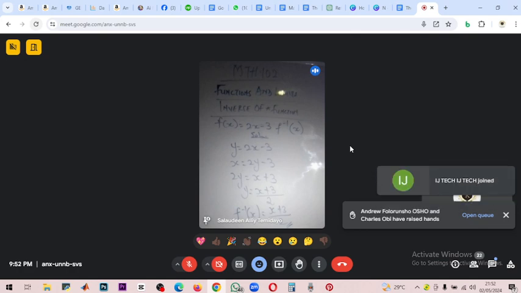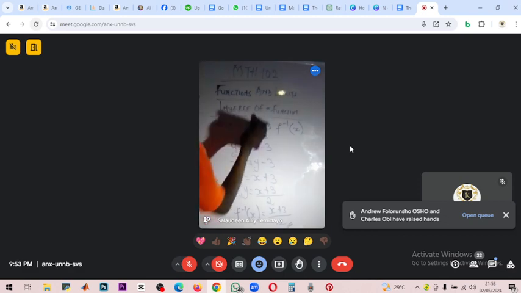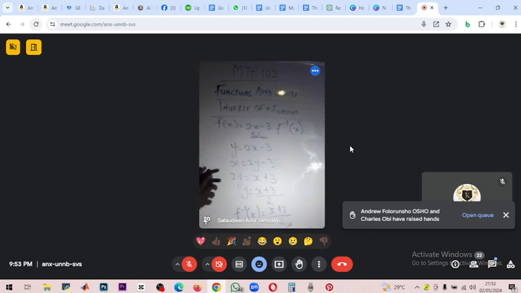Secondly, the inversion of y and x. After the representation, the inversion. Is that the second step? Yes, that's the second step. And the last step, make y the subject, then change y to f inverse of x. Let me do one last example here. Please write this down if you want. Please wait 1 minute.